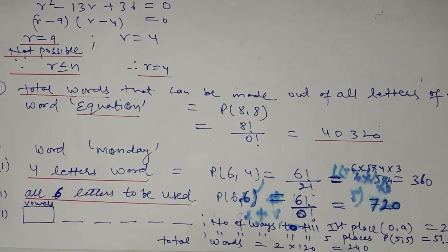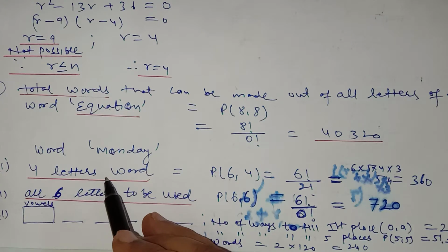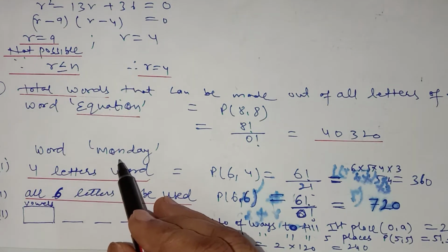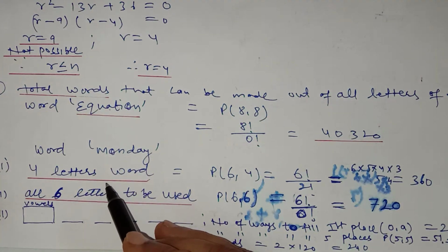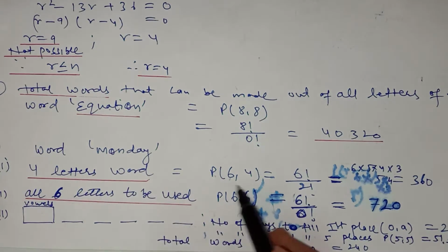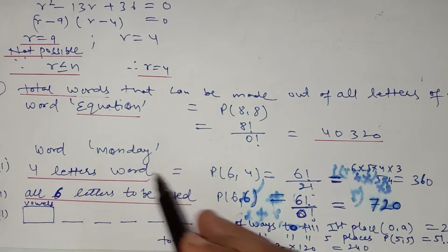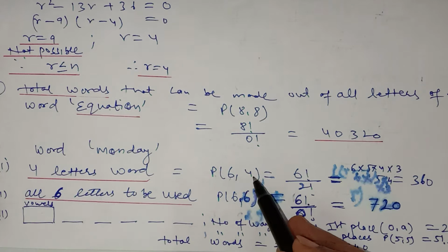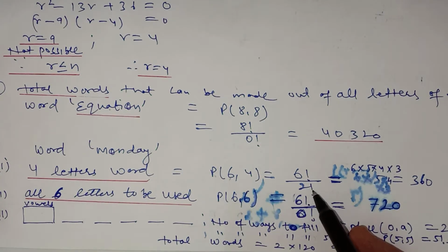Now in question number 9, there is a word MONDAY, and you have to make 4-letter words out of the 6 letters of the word MONDAY. So total words of 4 letters will be permutation of 6 4. 1 2 3 4 5 6 alphabets are there, and we have to use only 4, so it will be permutation of 6 4, that is factorial 6 upon 6 minus 4 factorial, which will be 2 factorial, that is